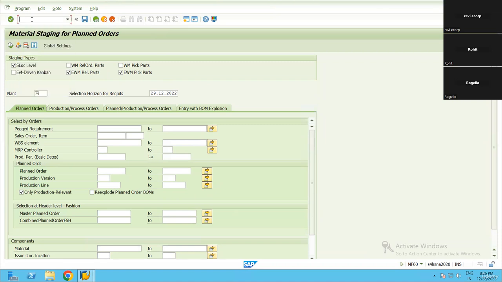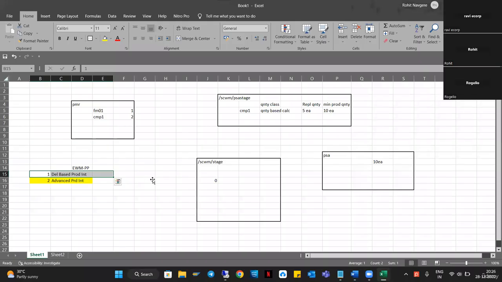That is advanced. Okay. And that's advanced. Okay, but then if we want to handle it with deliveries, how can we do that? Once you release the production order in CO03,